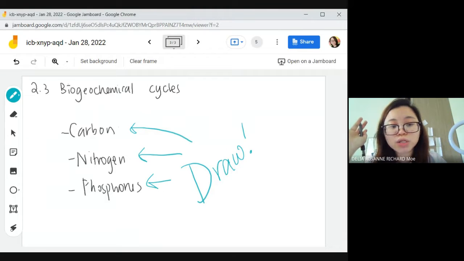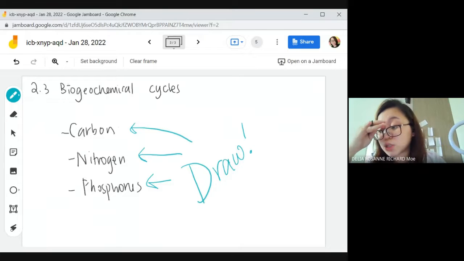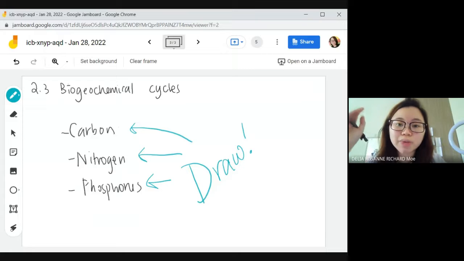Okay, so this will be 3 drawings that you can submit in the GC. I will open the submission slot later. I want you to draw because it's easier to understand and then explain what happens in the environment if you